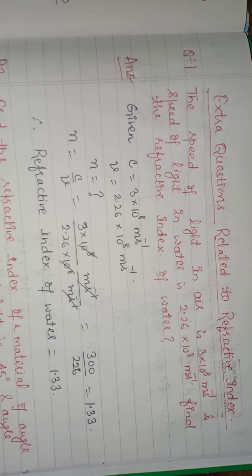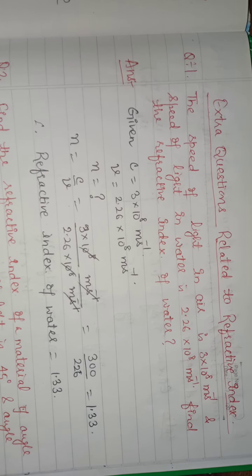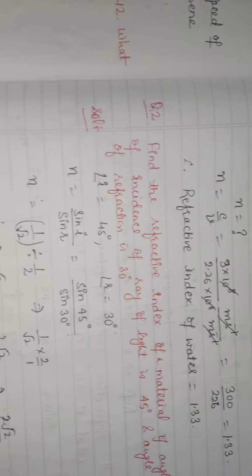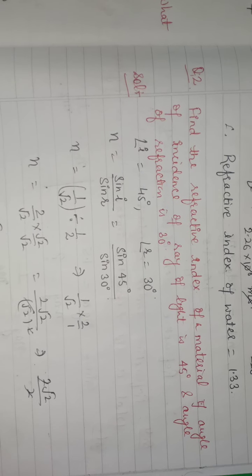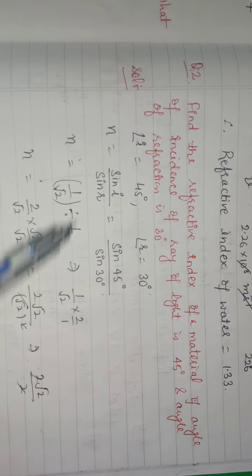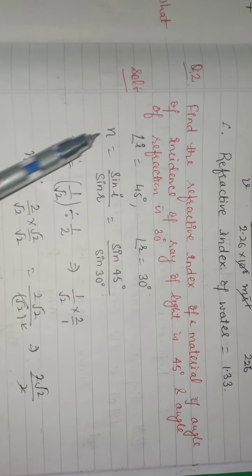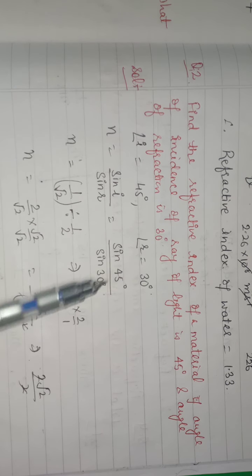As in the previous numerical, you observe that it is given to you that the refractive index of water is 1.33. In this way we can calculate the refractive index of water. Now we can use another formula that yesterday you have studied, the laws of refraction. One of the laws is Snell's law, and in Snell's law we use a constant, that is the refractive index. So we can also use this formula to solve various numerical problems.